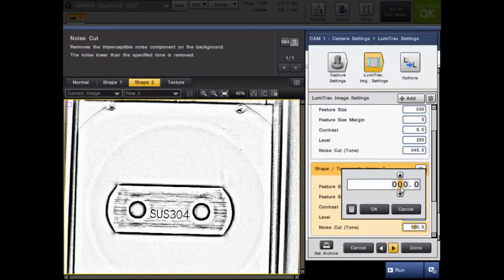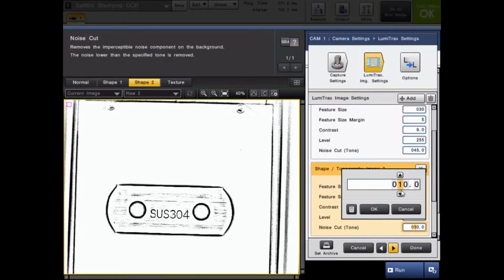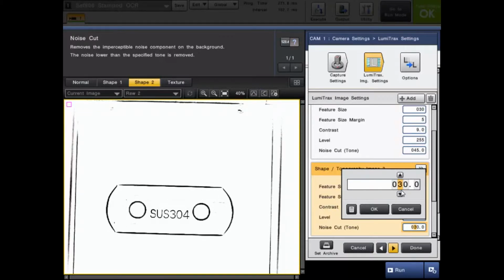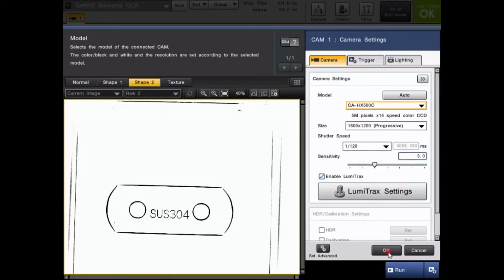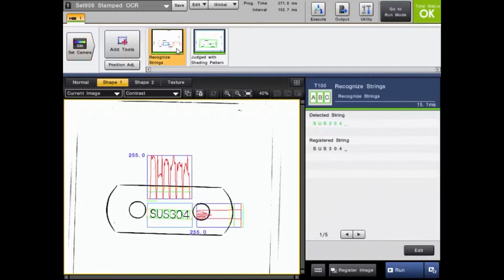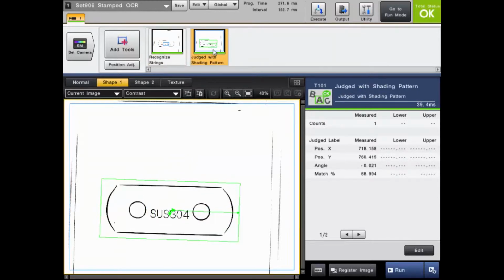This is a metallic piece, so there is going to be a lot of noise on the surface. The more I go up on the noise cut, the more this goes away. And it looks like I don't even need to go all the way up to 45 like I had previously set. And we have a very good shape image extracting only the height information. Now let me show you what I am able to do with this shape image. We can read the characters extremely robustly, as well as tracking this part